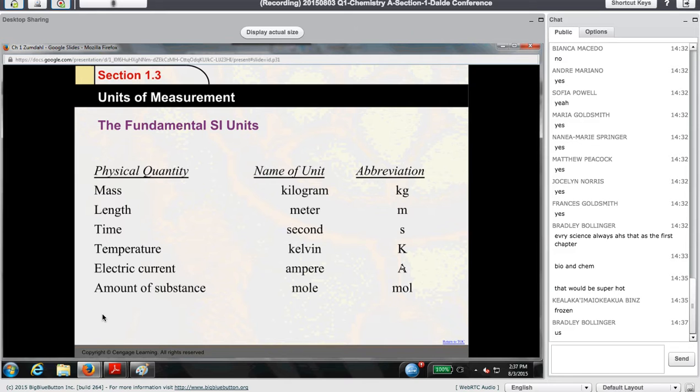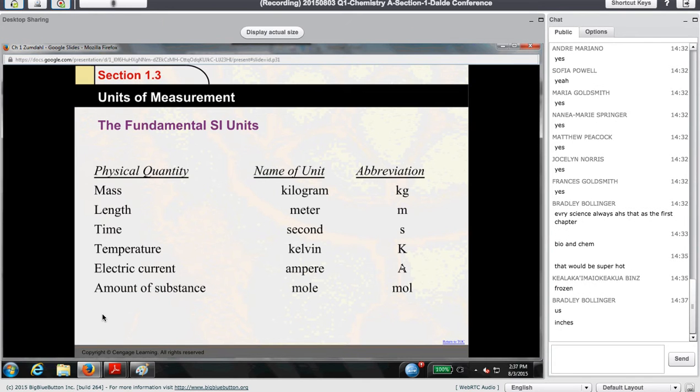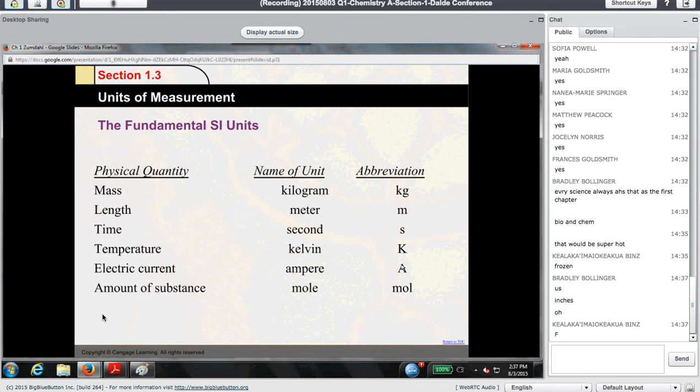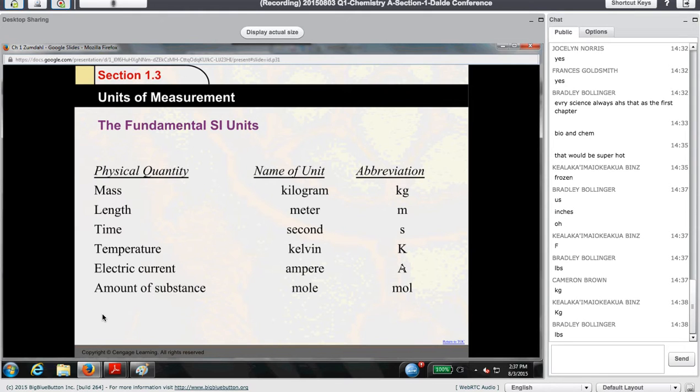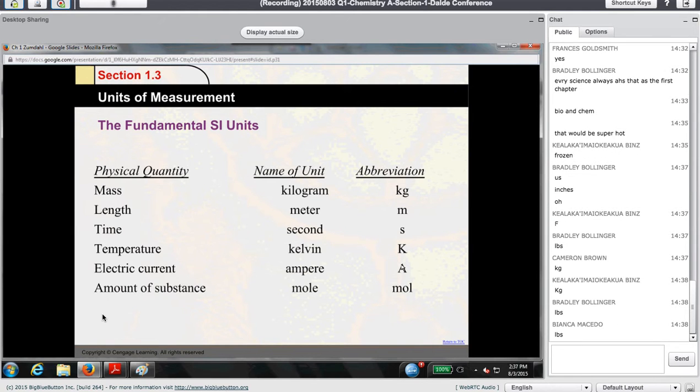All right. What is the American way of measuring length? It's not meters. It's the foot. It's in feet. Okay, good. What is the American way of measuring temperature? Fahrenheit. Good. What is the American way of measuring mass? Pound. Or is that weight? No, not kilograms. We don't use kilograms. Pound. They're pounds. Exactly. Actually,